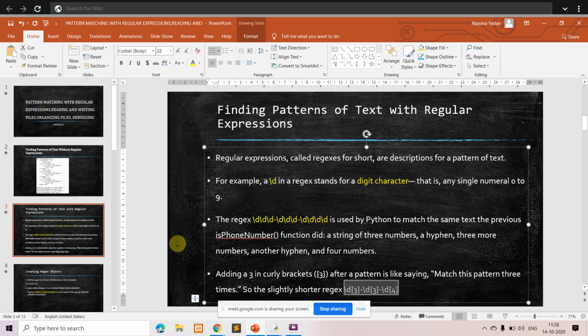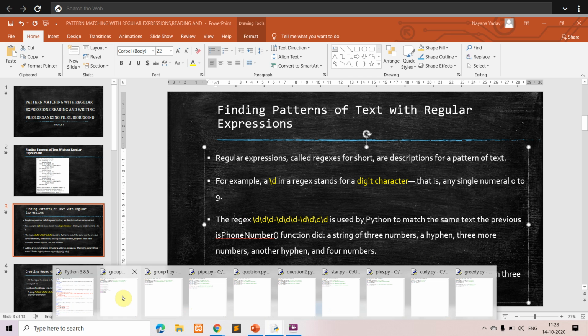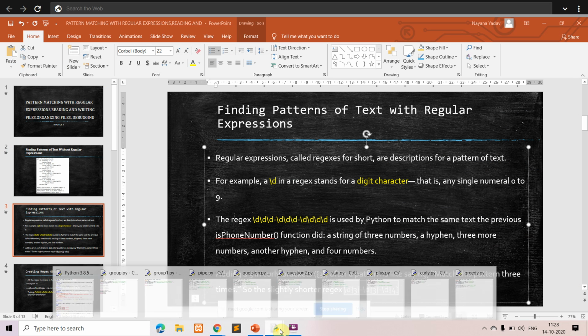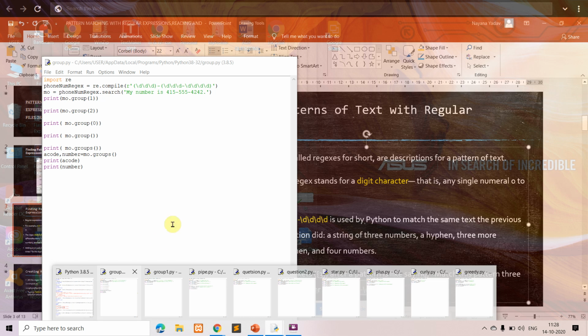In the previous program, whatever you wrote to match the phone number, consisting of a 3-digit area code followed by a hyphen and then the phone number, can be done using this expression. Okay. So we have a program, and we will see how you can use regular expressions to match.